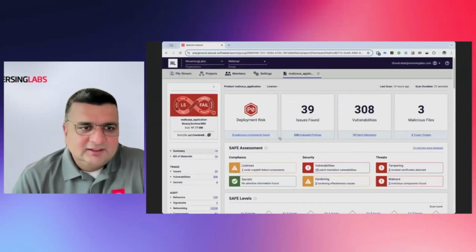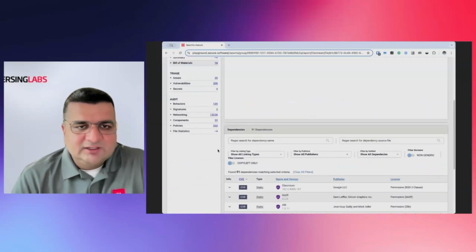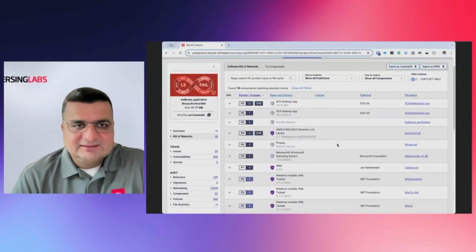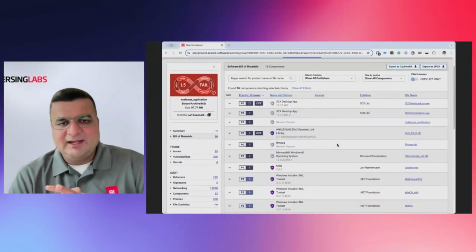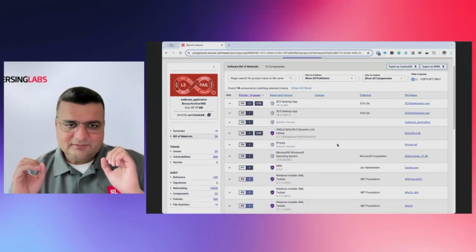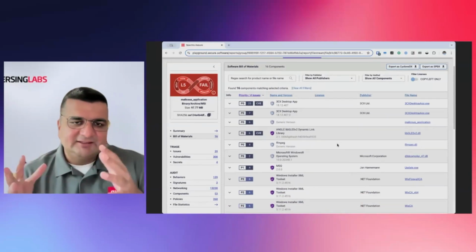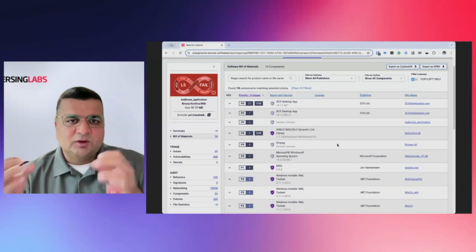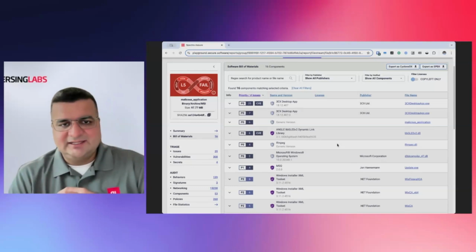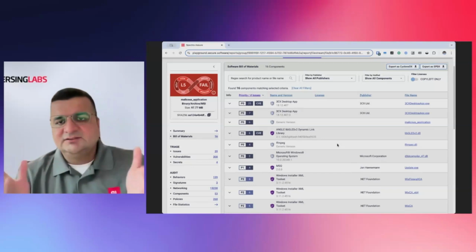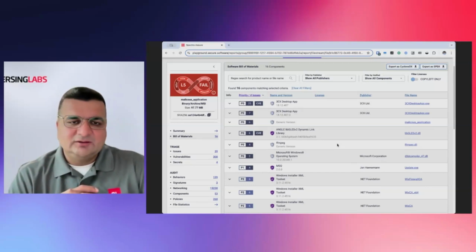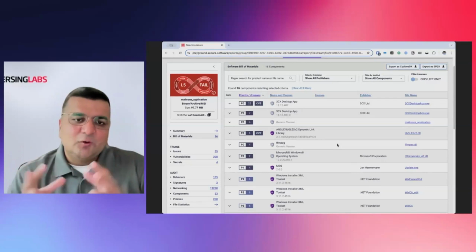So this is what we call a high-level overview of the SAFE report. I'll quickly go over some of the components. And again, this is our software bill of materials. The one thing to keep in mind is ReversingLabs Spectra Assure relies on binary analysis. And so how that differentiates from SAST and SCA tools is we can recursively unpack all the different components. So if you have a dependency on third-party software or SCA, any kind of open source software,